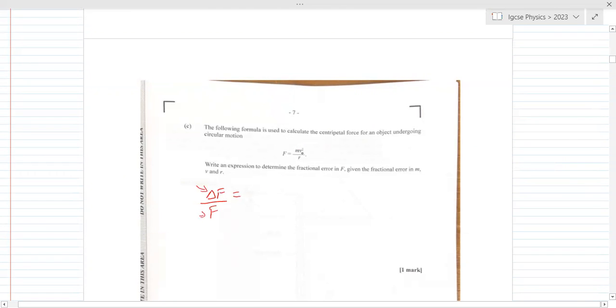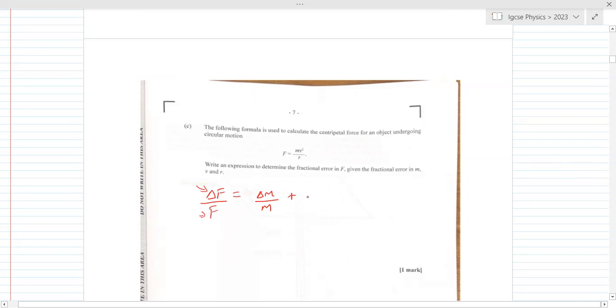Now, because this is like a fraction really, and also there's some multiplication involved, when we're adding up the overall fractional errors, or whenever we're trying to find the overall actual errors, you generally need to add them. So let's take, for example, we're going to have to add the fractional error for the mass. So we have the absolute error in the mass divided by m, right? We're going to add it now to